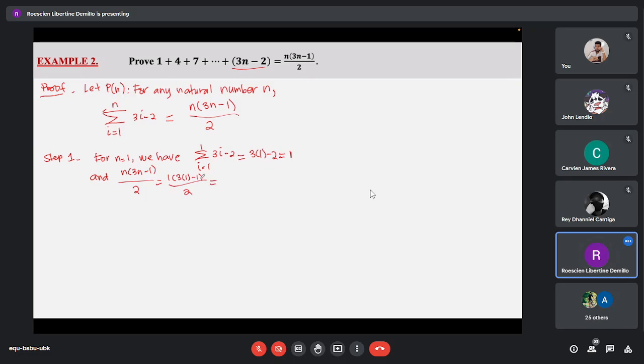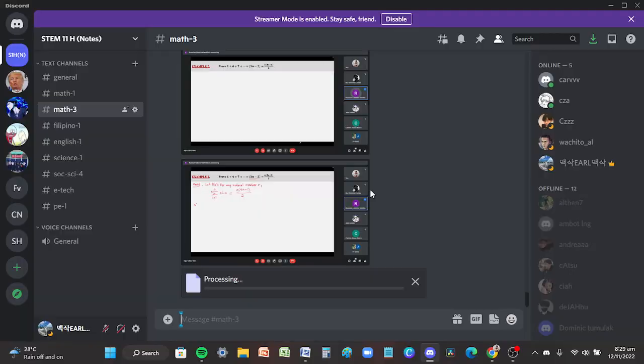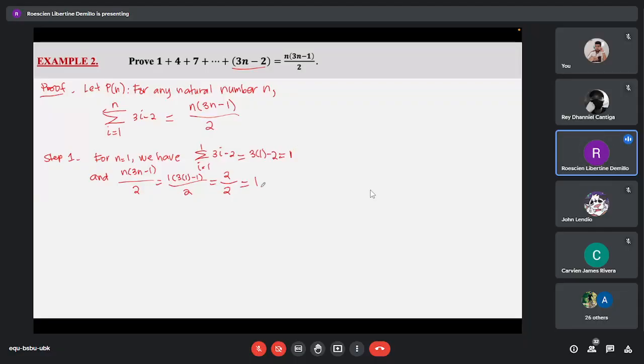Now, 3 times 1 is just equal to 3. 3 minus 1 is equal to 2. And 2 times 1 is equal to 2. So, copy 2 divided by 2. Now, 2 divided by 2 is just equal to 1. Now, you can see the left side and the right side are equal to each other. They are both 1. So, we see